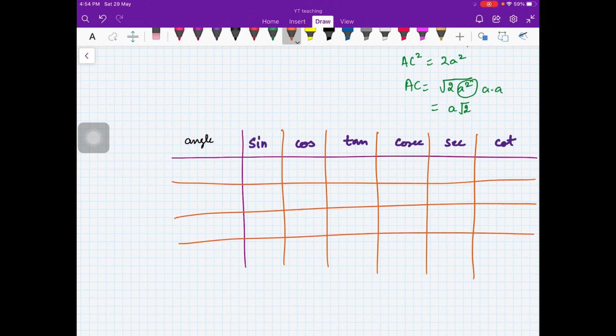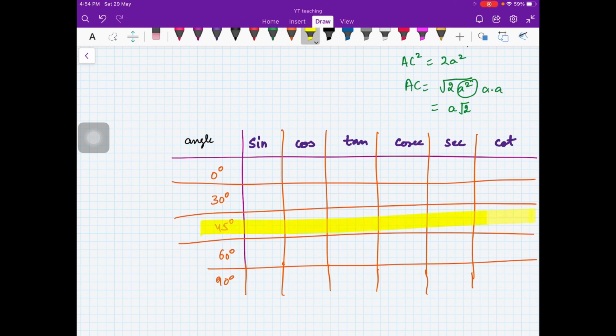Okay, so I told you I will compute for 0 degrees, 30 degrees, 45 degrees, 60 degrees, and then 90 degrees, right, students? So this is a table I will remember for my calculations. And I just computed for 45 degrees, so let me fill this particular row. Sine 45 degrees is 1 by root 2, cos 45 degrees is 1 by root 2, tan 45 degrees is 1, cosecant is root 2, secant is root 2, cot is 1. So you have to remember these values.